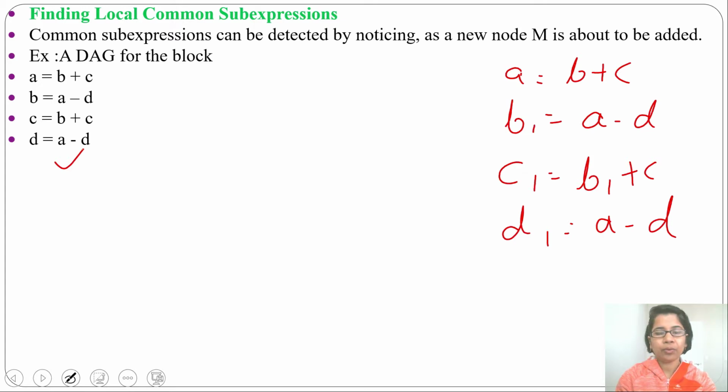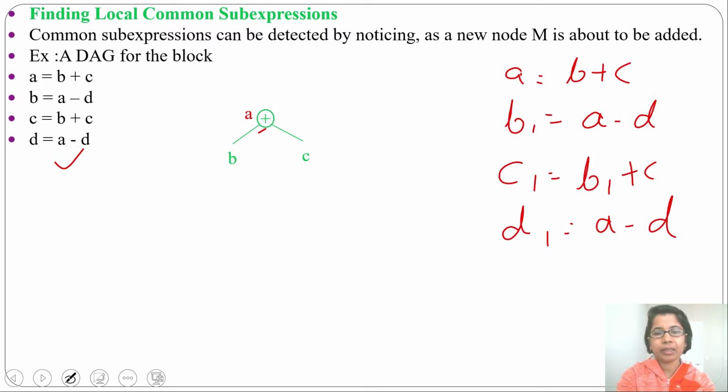We'll create two nodes, one for B, another for C. Then we'll create another node, plus. For plus, B will be its left child while C will be its right child. And we can assign a definition for this plus node as A, as this plus stands for A. Don't confuse circle and without circle nodes. All are the same.